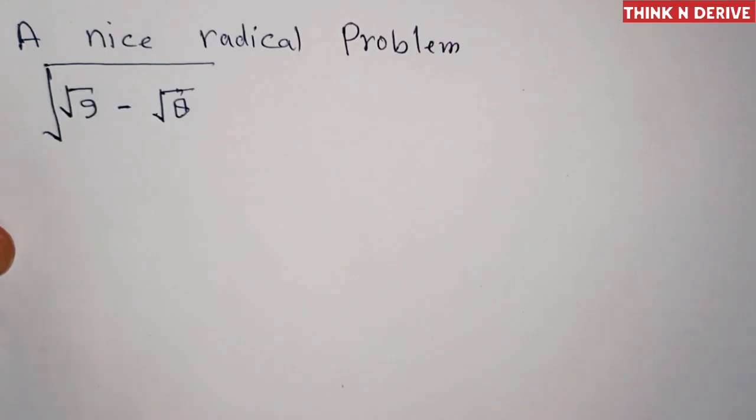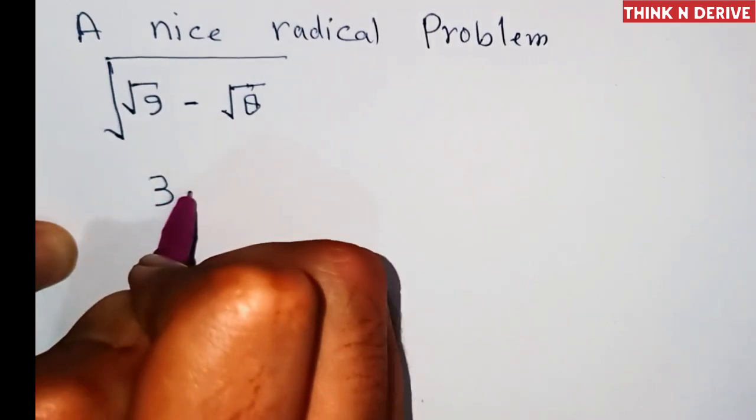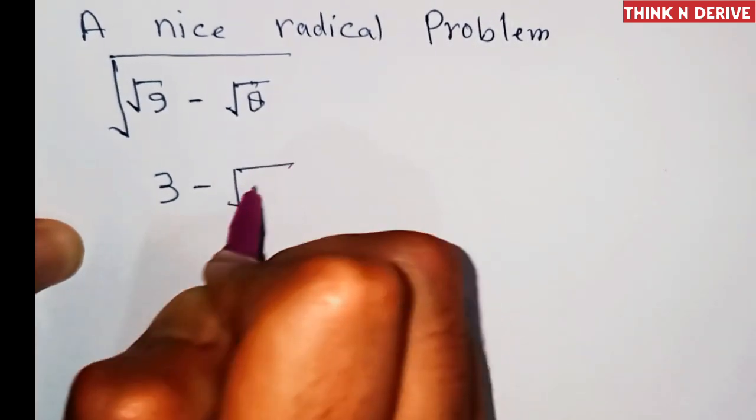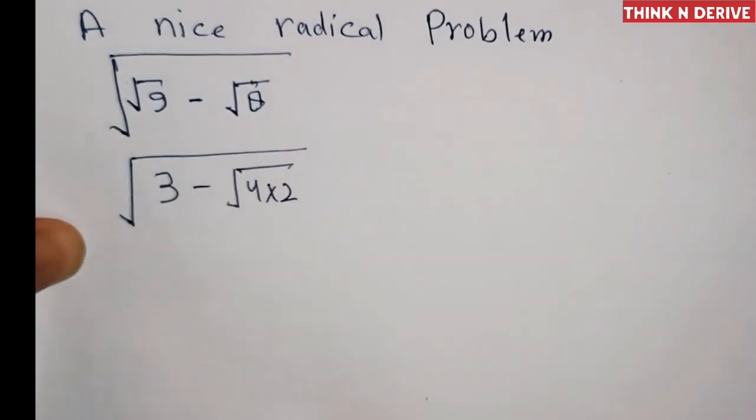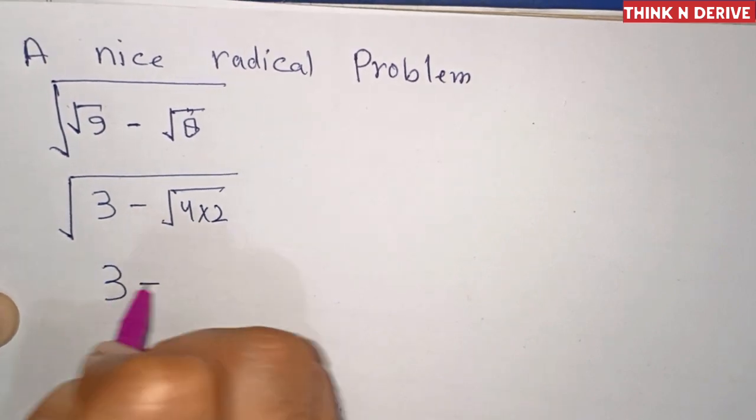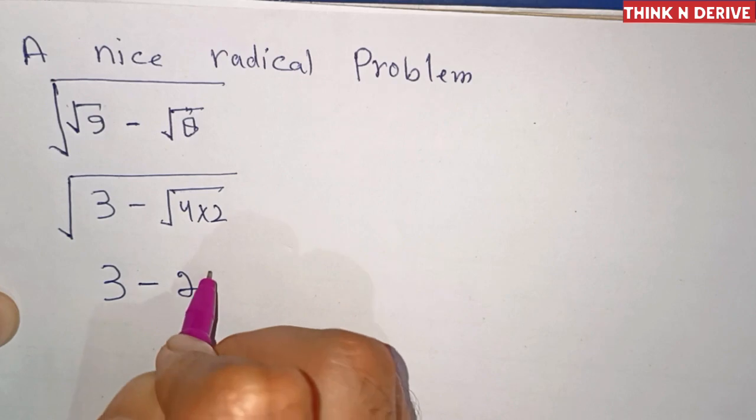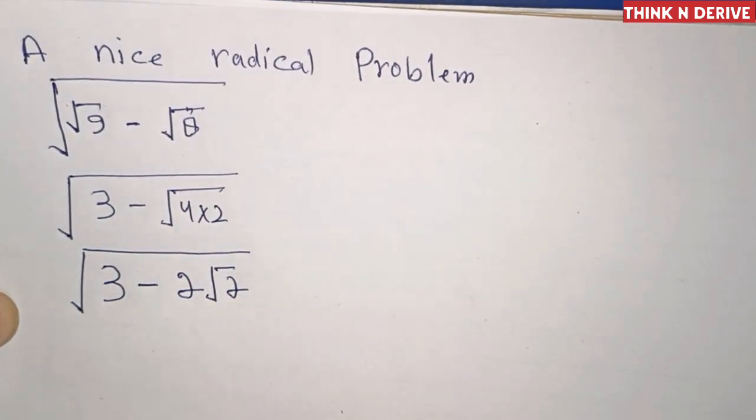Hi everyone, here we have a nice radical problem, that is square root of 9 minus square root of 8 whole under root. What we are going to do first is, under root 9 is equal to 3 and this 8 we can write as 2 times 2 and whole under root, which is equal to 3 minus this under root 4 is 2, so this is 2 under root 2, whole square root. Okay,